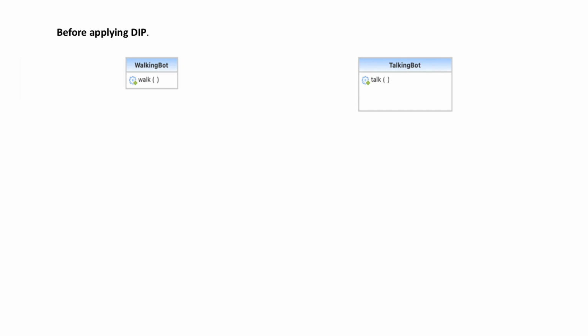Here in the robot application we have two classes, one is walking bot and another one is talking bot. So walking bot has a walking method and talking bot has a talking method. So here when I have to club it with the bot demo application, then I will just instantiate the walking bot object, and the second one is the talking bot object, and with that I can show what these two bots are doing. But here it is violating the principle of